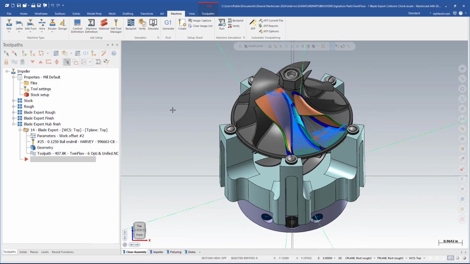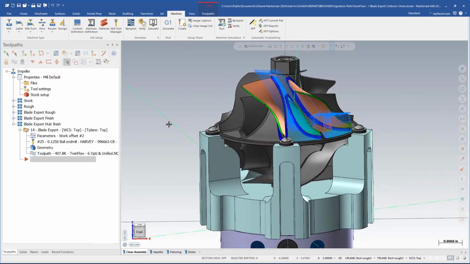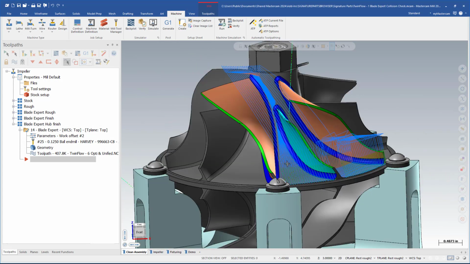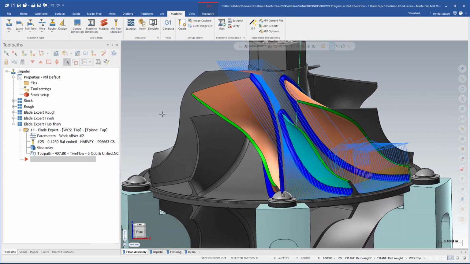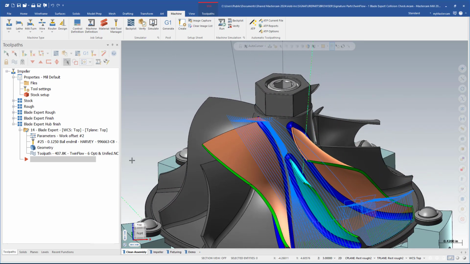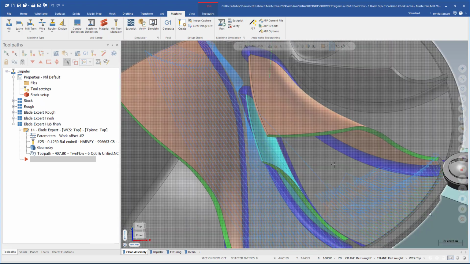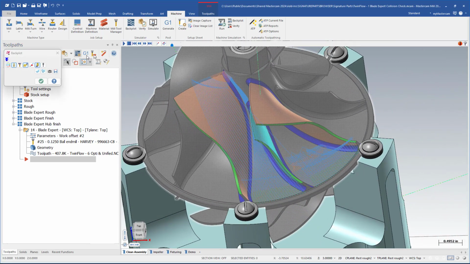All right, so in Blade Expert, basically what I'm doing right now is I'm finishing the hub. So we're looking at the floor that's between each of these blades, and that's what I'm trying to finish. You can see how in this section, we're basically looking between these three blades. One of those sections finishes up pretty well, but one of them really doesn't. It's not getting up into here. And if we take a look at the back plot,